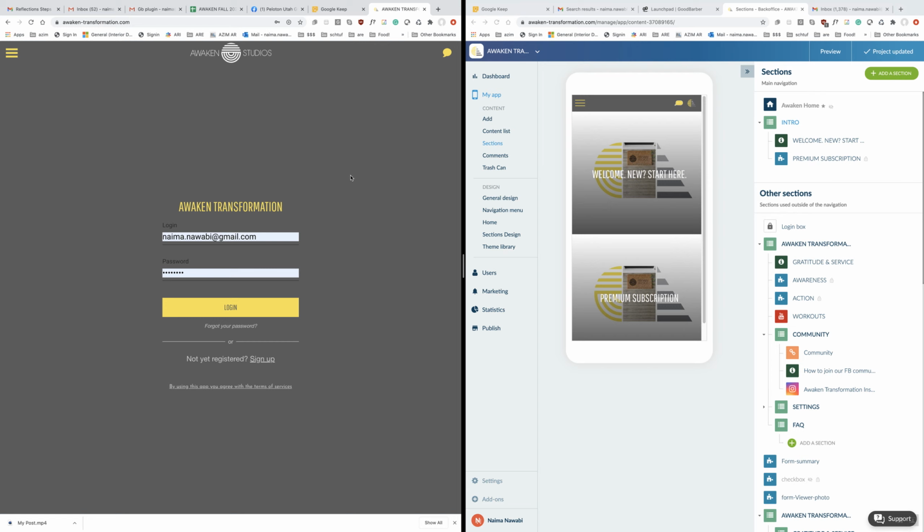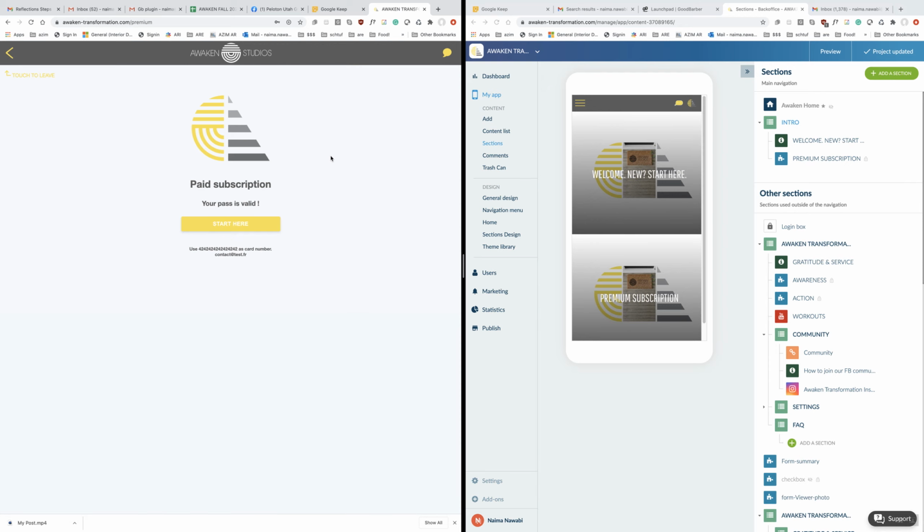This first login right here, many of you may have already created an account when we started Awaken Transformation, but first you need to sign up this way so that we can have your information in the app. After that, you'll see a second login screen, and this is actually just to verify if you have paid for this subscription. Now, my pass is saying that it's valid, but what I'll need all of you to do